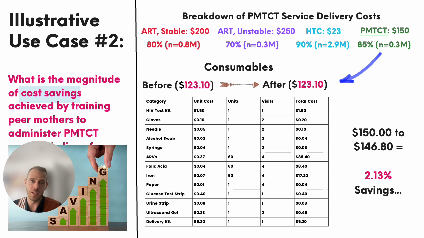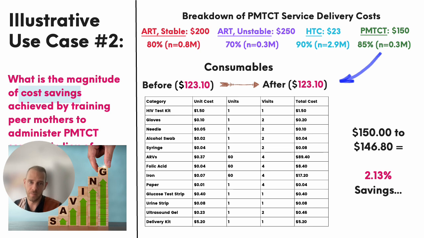If we look at the table here, we can see that the largest contributions here come from the cost of antiretrovirals, about $90, and other pregnancy-related supplements like iron and folic acid. So overall, the reduction is actually more like $150 down to $146.80, which is only a 2.1%,